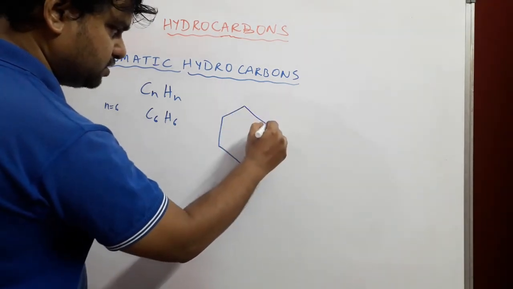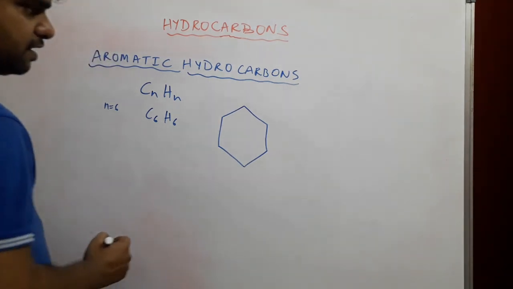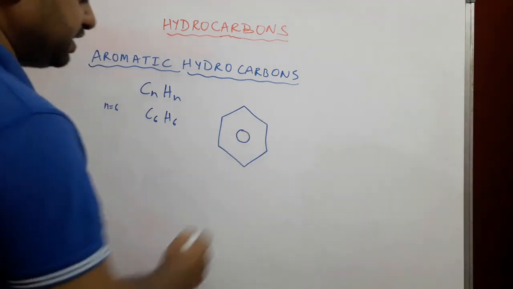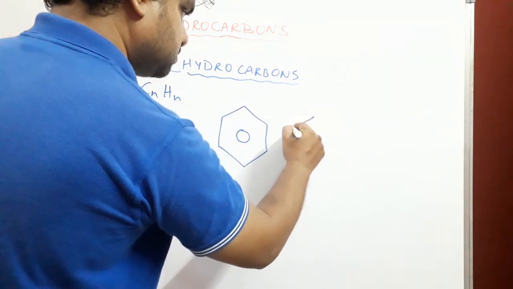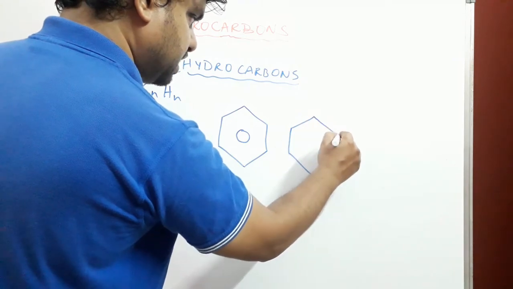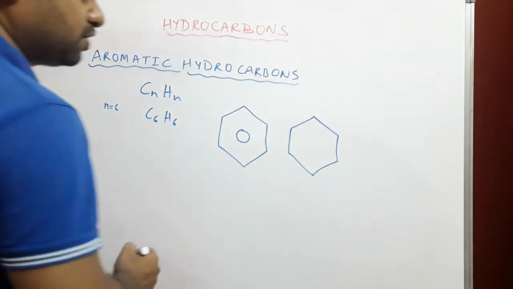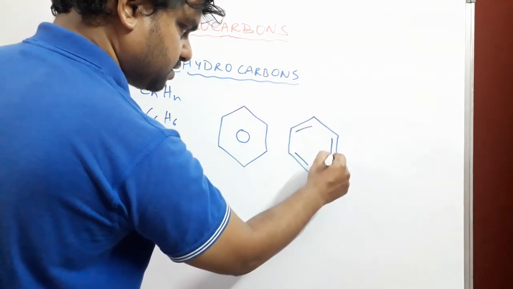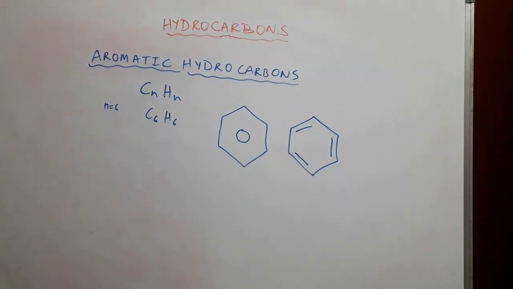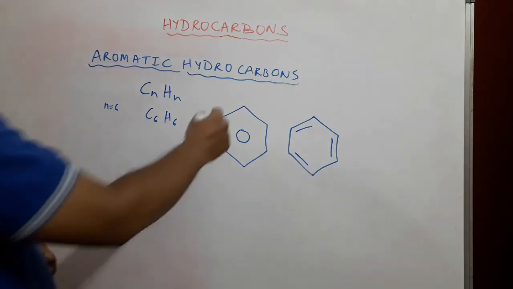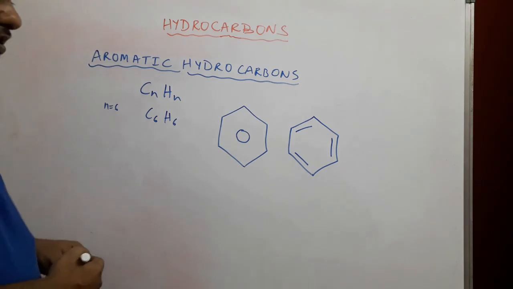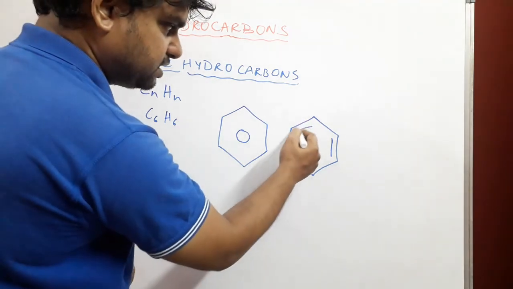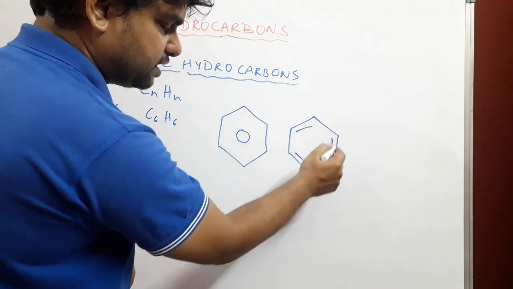Okay, it is hexagonal, and it is either drawn like this, showing that it is cyclic in nature, or, to show you that it is unsaturated. Why is it called unsaturated? It has got double bonds, so it will look something like this. Okay, this is how a benzene ring looks. And then you have other functional groups that can be attached to it. So basically this symbolizes the double bonds.